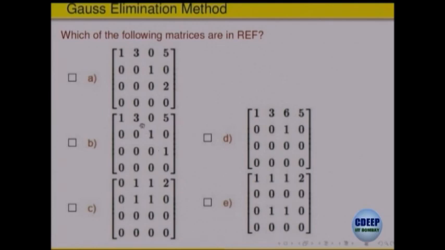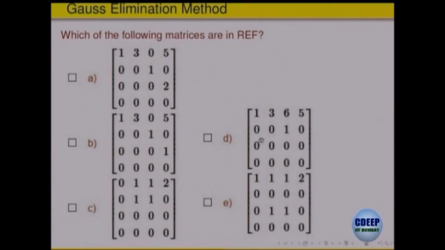For row 1, the non-zero entry is coming at P1, which is the first column. In row 2 it is coming at column number 1, 2, 3, the third, and in the third row it is coming at the fourth place. So P3 is 4, right. So this also is in the row equivalent form. What about this one? Obviously not, because here the non-zero entry is coming at the second place in the first row, and also on the third, so this is not.